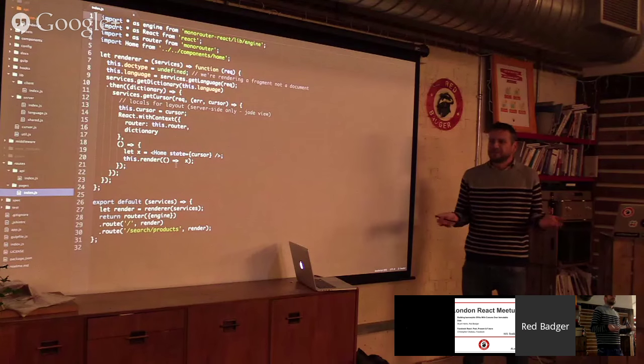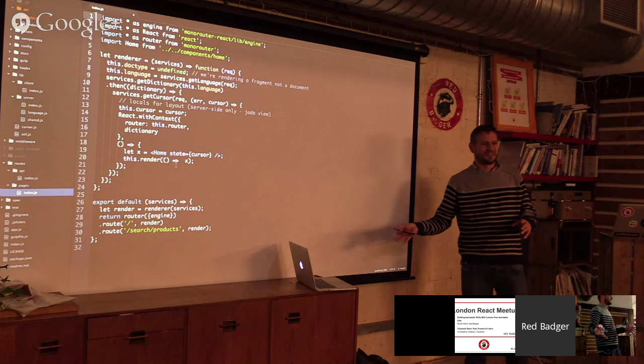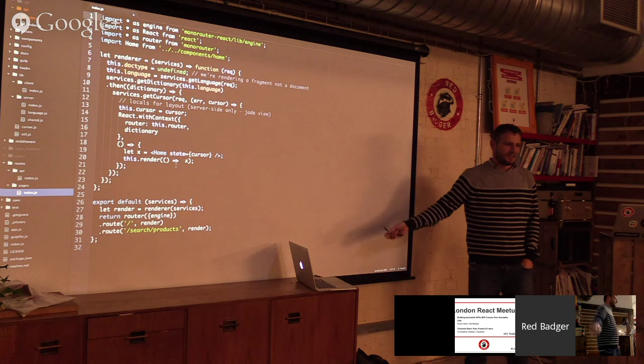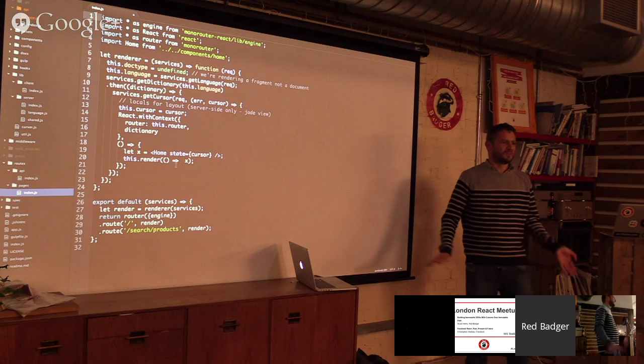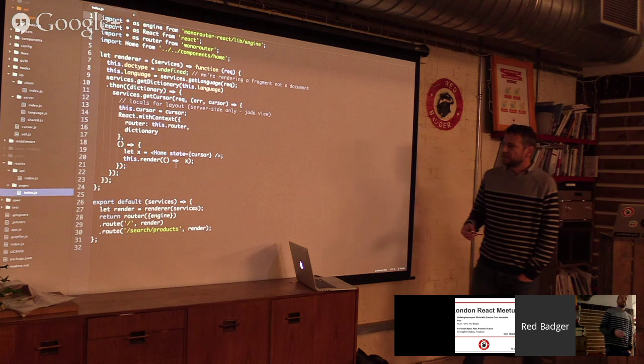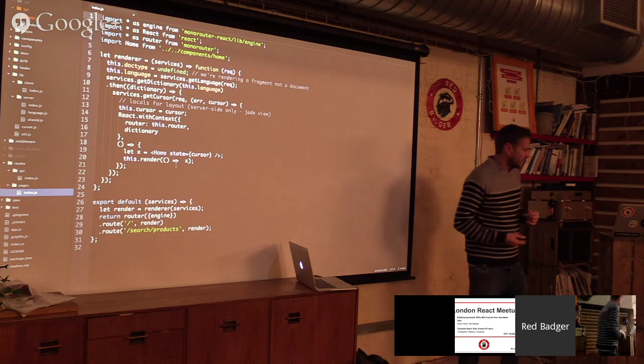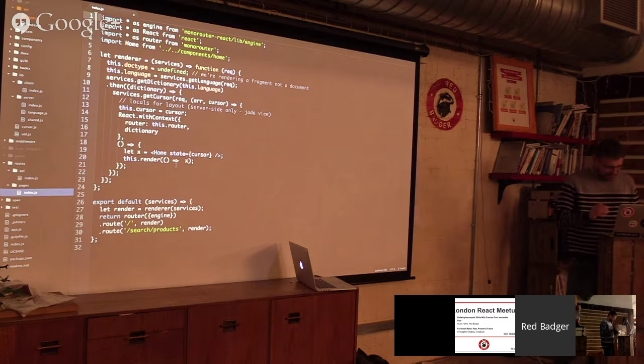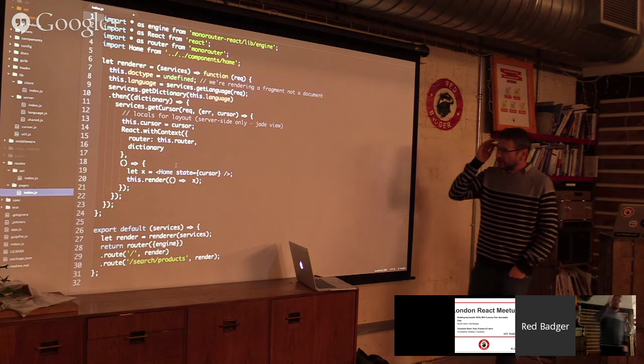The router is actually really, really thin. There's nothing to it. And this is what I was saying: it's a great idea to have your routes just declared once, but you're not going to do anything else, because you're just going to hand off to these services. These services are server side or client side, and they're not isomorphic, and they shouldn't be isomorphic. You don't want to share the server side code with the client really. And so all we're doing in the router is asking the service